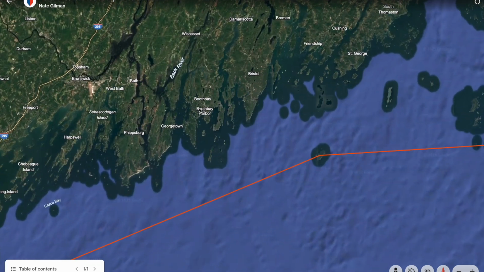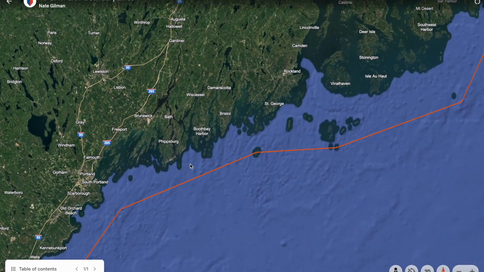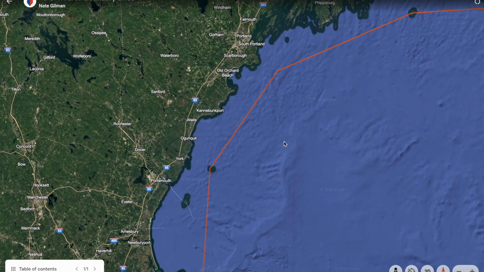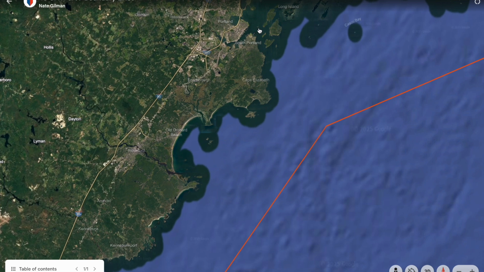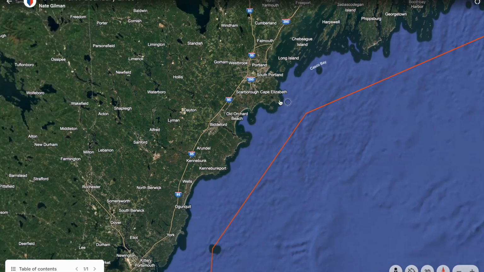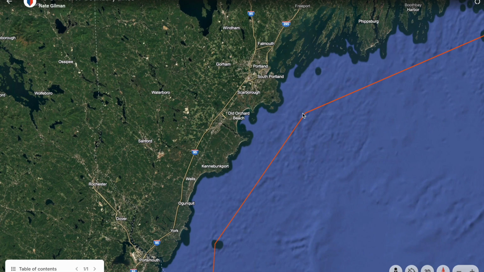So if you're sailing out of Boothbay, inland, near coastal. And as we make our way down the coast, we're getting out of Portland. So if you're sailing out of Portland, you can see you have to make it a pretty far distance out there, right? So we can measure real quick and say that's about 10 miles offshore, just under that. So if you're within 10 miles of shore, you're still pretty much inland there.